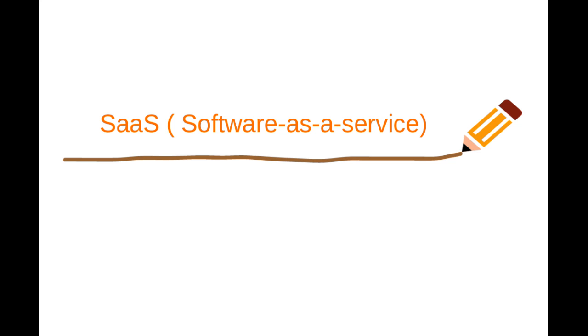Now we're going to understand the SaaS, that is software as a service. SaaS is software in itself that is centrally hosted and managed for the end user. It allows users to connect to and use the cloud-based app over the internet. Some examples are how we use Gmail, Yahoo, Outlook, the calendars, the office tools such as Microsoft Office 365. This is typically based on a monthly or annual subscription, where Office 365 is an example of SaaS software.